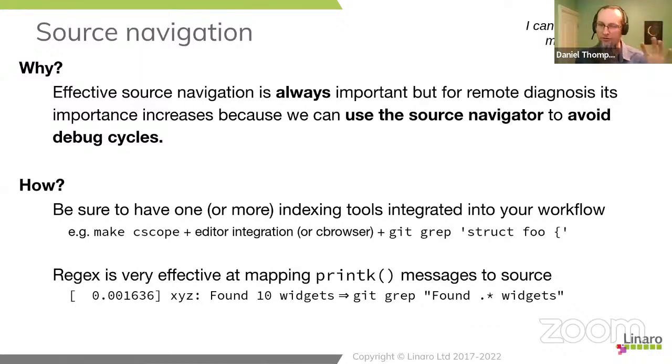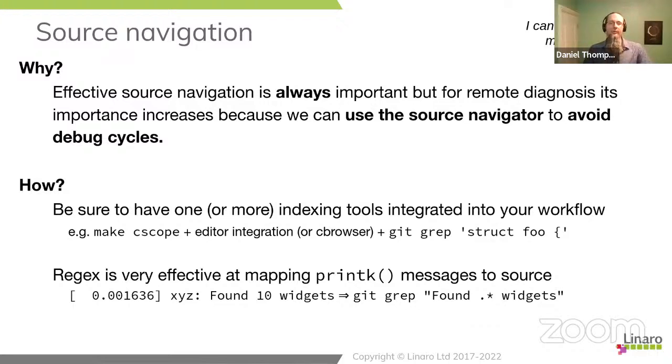What you have when a struct foo appears in a header file and it's not been used previously is a declaration of the structure foo, but not the definition of the structure foo. And some source navigators, when you try to ask it to show you the declaration or to show you struct foo, don't show you the struct foo definition. It shows you all the places where struct foo is declared, which means you can have hundreds of source files and you're trying to find struct foo in a search of hundreds of header files. It is much, much easier, if you have a source navigator that gives you too many answers when you ask it what a structure looks like, to use this git grep, or switch to a different source navigator that doesn't have that problem.